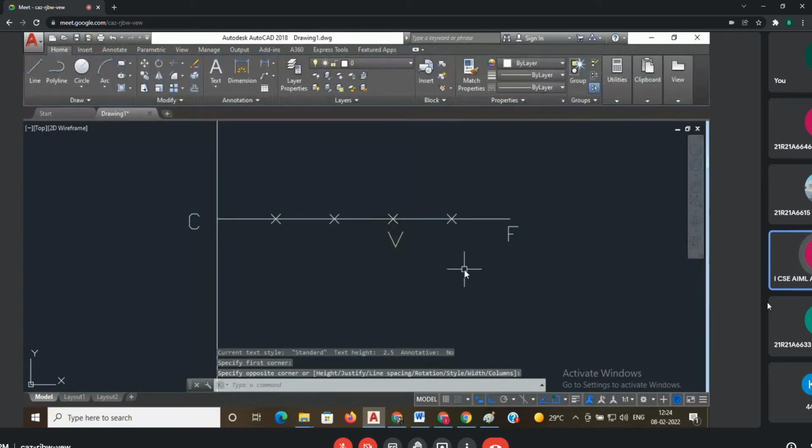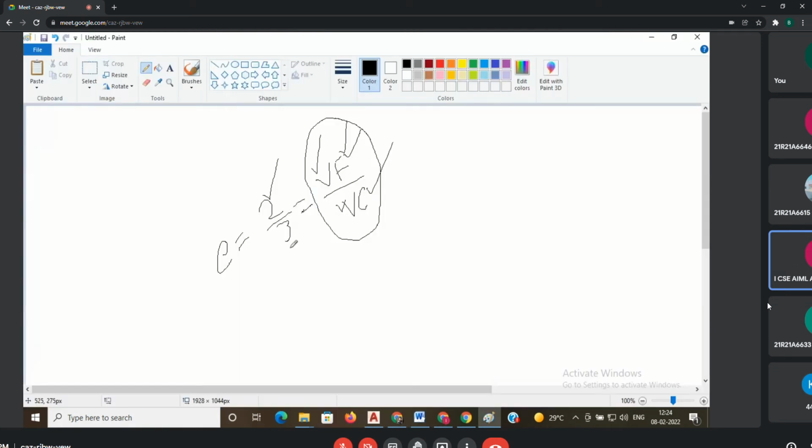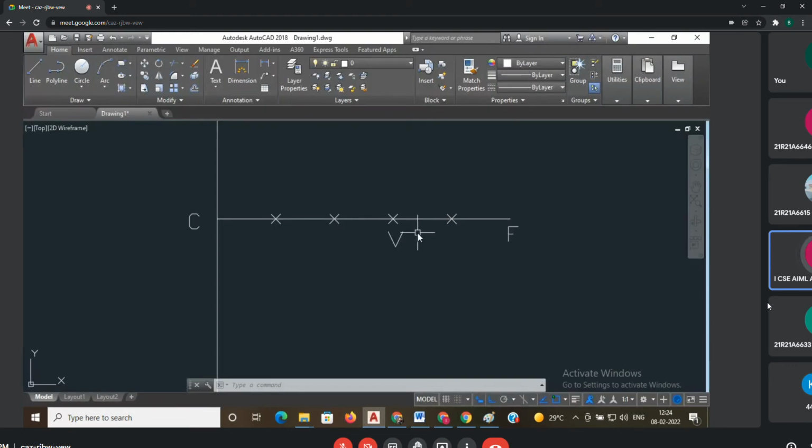Okay. Then suppose if it is a hyperbola, you have to take 3 by 2. Means 3 means VF. From the F, the vertex is 3 divisions. From F you have to take 1, 2, 3 here somewhere. This is the vertex for the hyperbola. Now this is an ellipse, that's why 2 by 3, VF by VC. From the F, V is at 2 divisions. That's why we have taken 2 divisions.